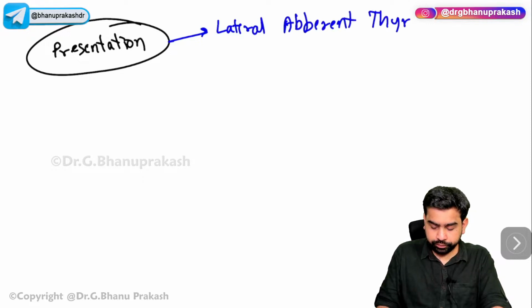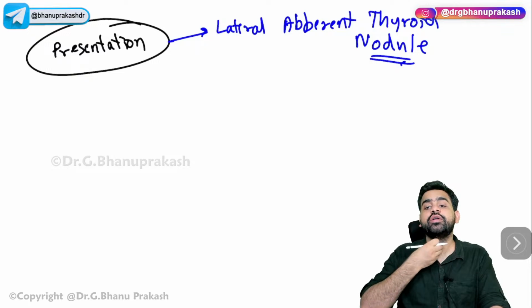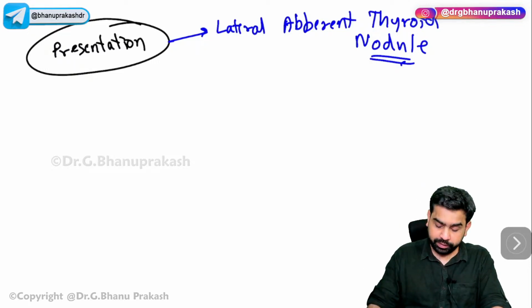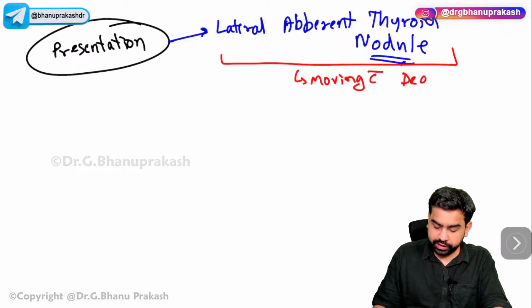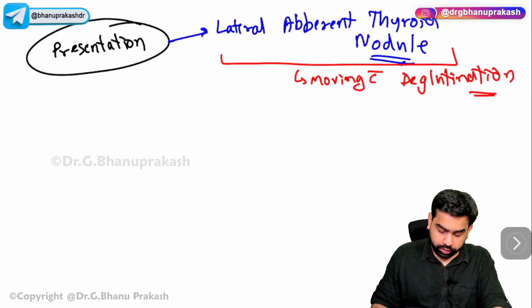thyroid nodule, which basically means that there's not a midline swelling, but the nodule is in the lateral aspect of the thyroid gland. And this lateral aberrant thyroid nodule also moves with deglutition. It moves with deglutition, but it doesn't move with protrusion of the tongue. It moves with deglutition. Or what can happen, there can be an occult